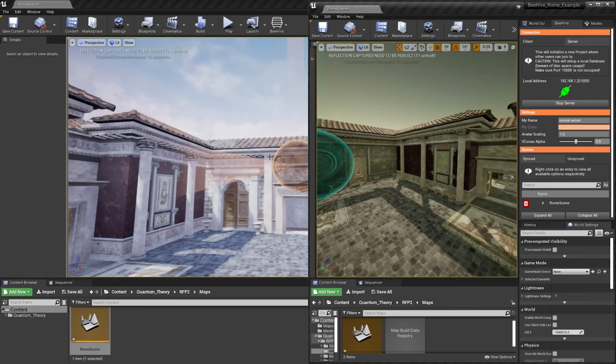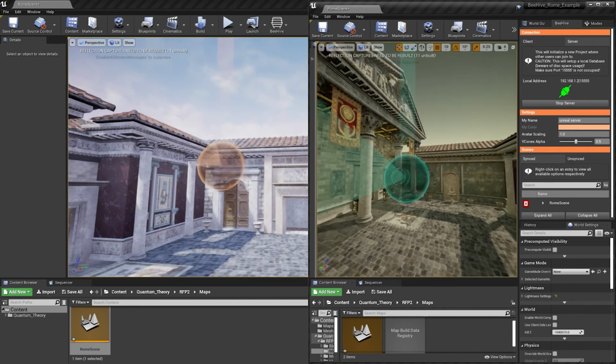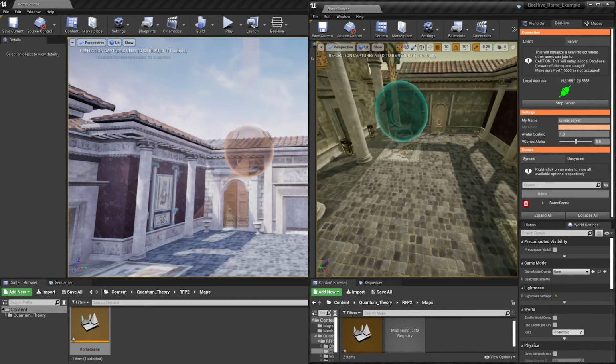Once again, I have the same setup here in Unreal. Over on the right is my server. I'm sharing the roam scene. And over here on the left is the client, and they are joined. And you can see as I move and turn and look around, my Unreal